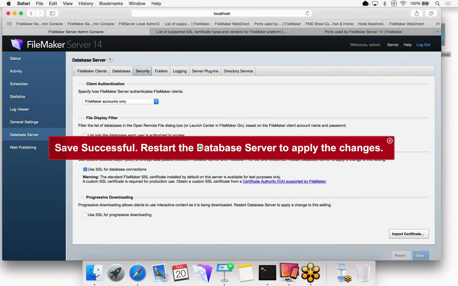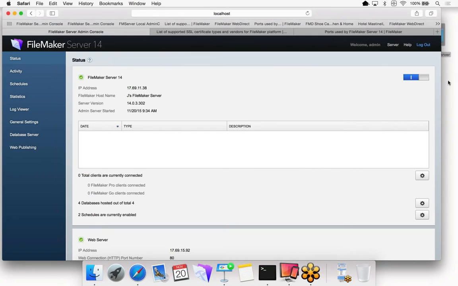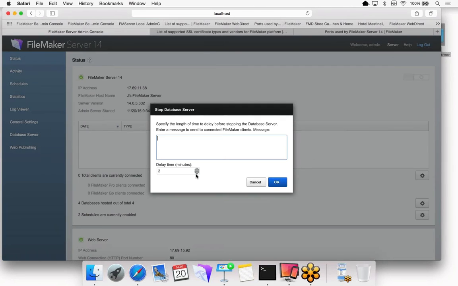And if you do it like I've done now, it's asking me to restart the server so the change is applied. So in order to get SSL enabled, even if I tick this box and I save, I need to go to my main window again. So you need to close this message, top right, go to status, and I will need to stop my server, let all the clients know,